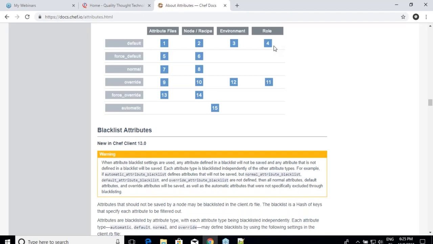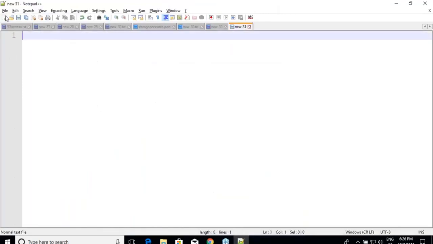Yeah, you can use basically all the stuff till here, right? But automatic is something which you don't have control over. Automatic is something which is owned by Chef. You and I cannot set any variable type as automatic. Remember, we executed something called Ohai, right? While we executed Ohai, we got too many values, and those values' type is automatic. Remember, we have written node of platform, and node of platform will get to know the operating system's value.